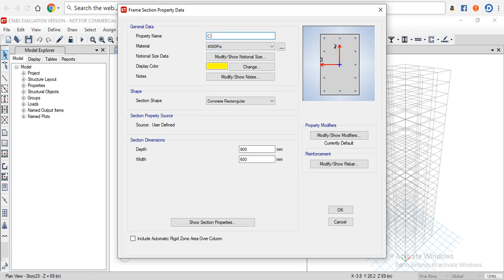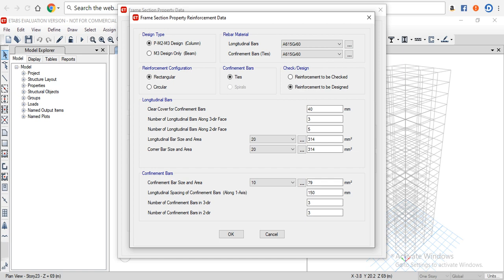500 by 500 and material type as M40. Change the dimensions of depth and width to 500 and 500. Then in reinforcement, modify or show rebar, design type is column, then click on column, longitudinal bars of HYSD 500 bar and confinement bars of mild 250 grade, do not change any value, then click on OK,